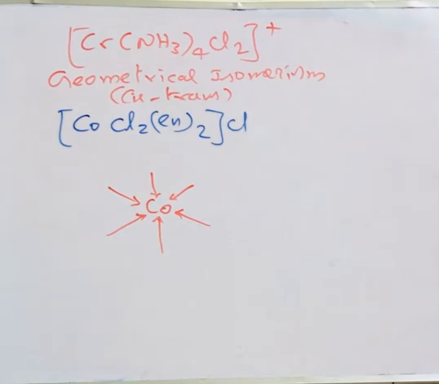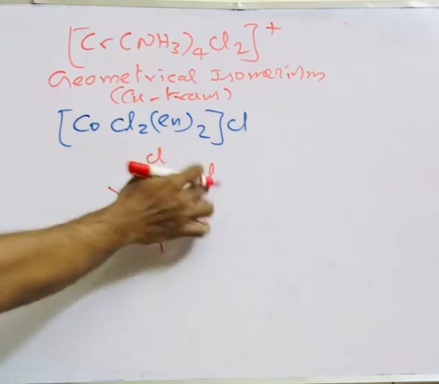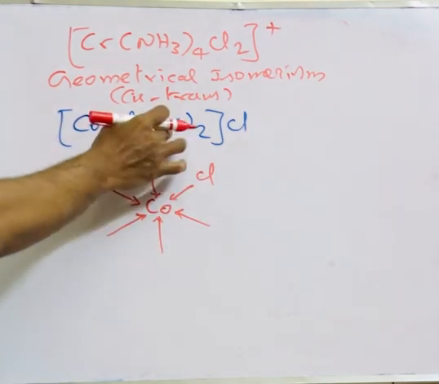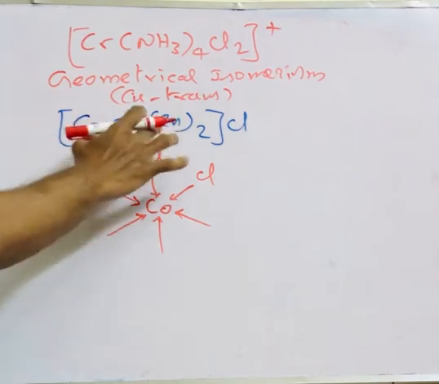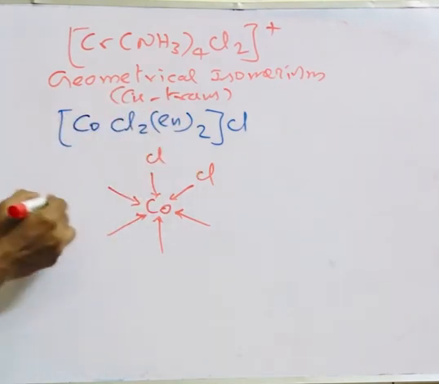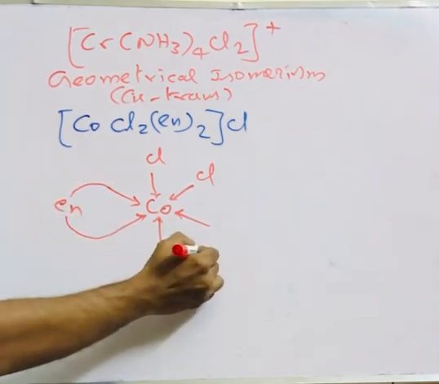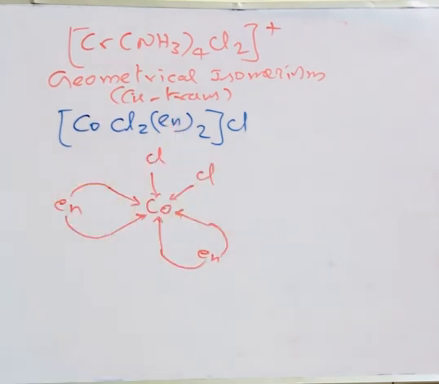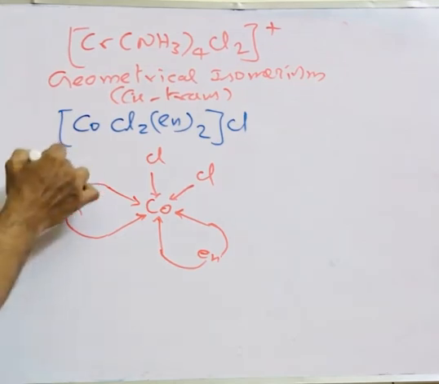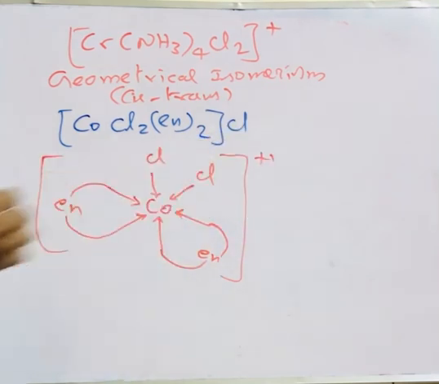First, I need to have cis, for example. What we said is both Cl's are nearest. Then I have ethylene diamine. This is a didentate ligand, ethane 1,2 diamine. Correct? En is ethane 1,2 diamine. So I can write En and add over here, and write En and add over here, because it has two linkages. After writing this, you can put the charge. What is the charge it will get? Because Cl is minus 1, it should be plus 1.